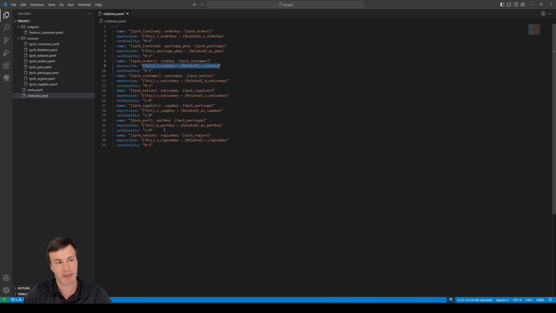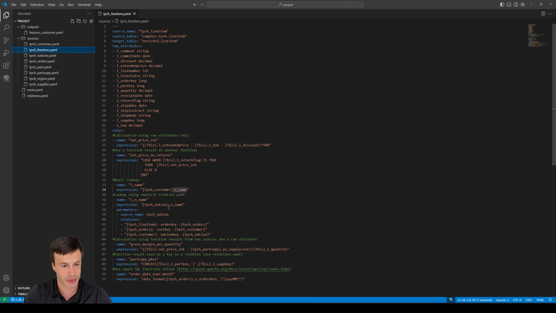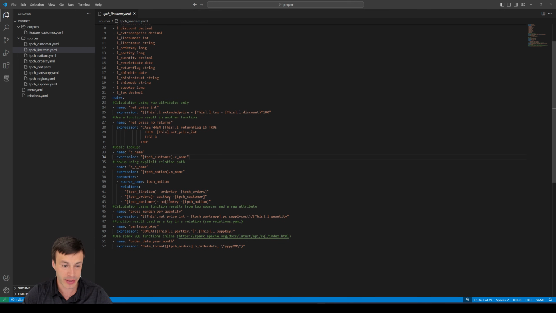Because according to this data model, there's only one way to get from line item to customer, we're able to reference it directly without having to specify the number of jumps we need to make between these two different sources. However, if we do have the situation where there are multiple paths between two different sources, this is the syntax where you have to essentially spell out the different relation jumps that you need to make in order to go and retrieve that data. Else the compiler will yell at you, tell you, hey, I'm not really sure exactly how you want to traverse these relations and what exact join conditions should be used in order to retrieve the n.name